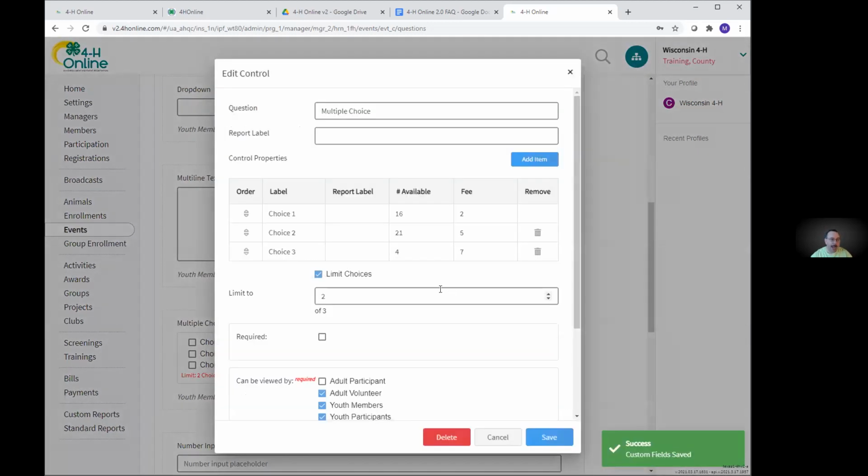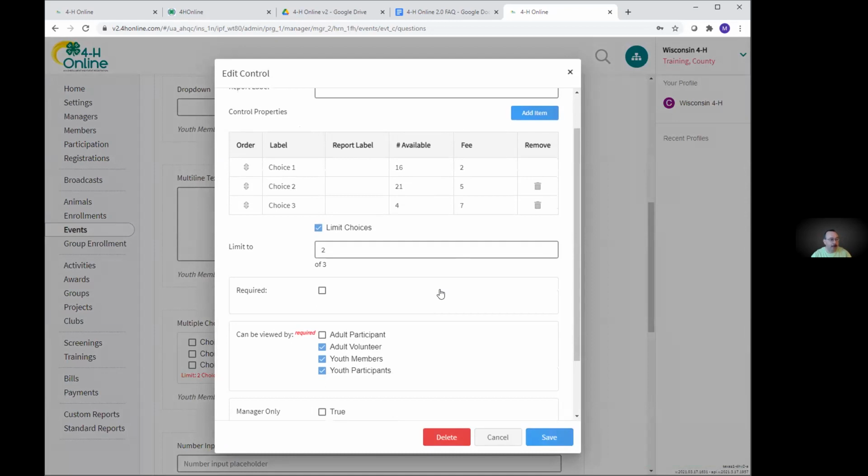Multiple choice. It has an extra little feature available in multiple choice, in that you can have, just like the drop down, different choices, 1, 2, 3, 4, 5, whatever. You can have the fees associated with each option, but you can also limit how many are available in that option. So let's say this might be for the different classes from 9 o'clock to 10 o'clock. And you have 10 seats available in this one. There's 25 in this one. It's unlimited in this other one. You can set how many there are. And once that number is reached, then the option is not available for anyone else to select.